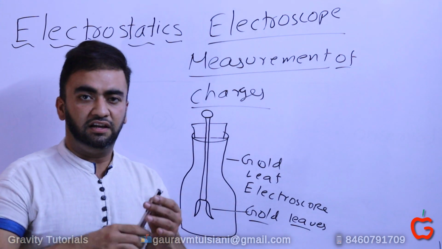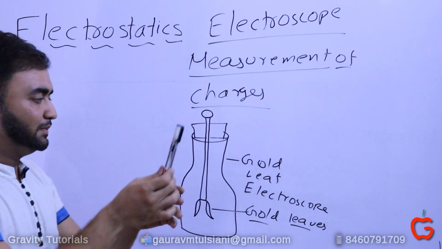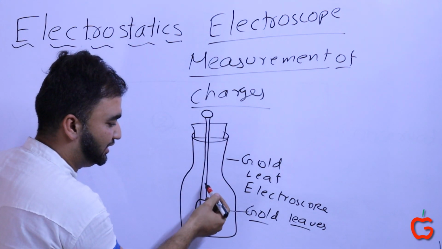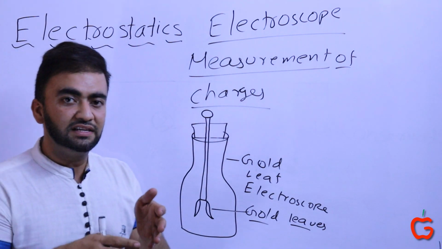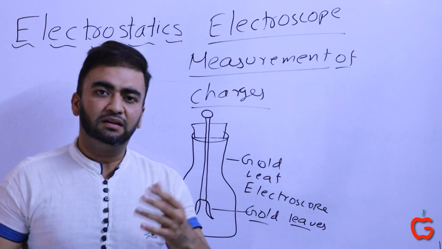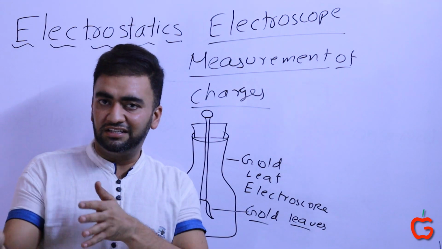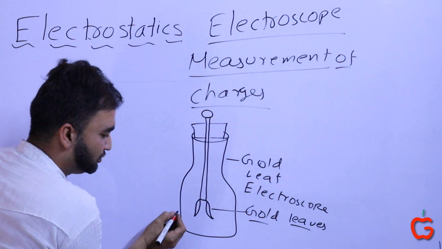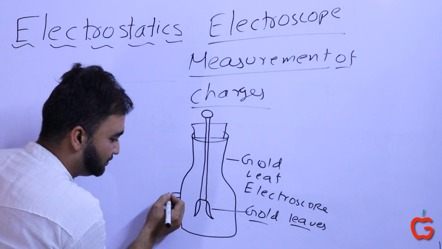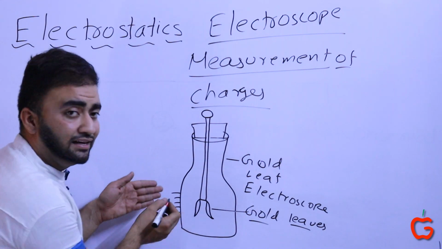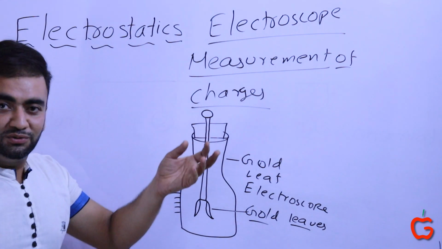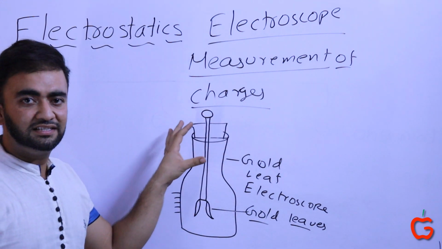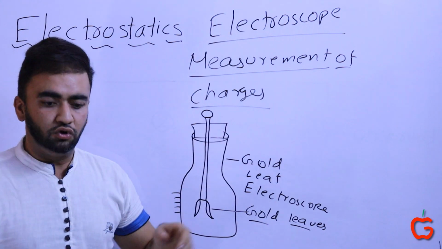So how does this work? If you want to test a charge on something, say this pen is charged, you touch the metal blob, and the charge flows down through the metal rod to the gold leaves. Now the gold leaves acquire similar charges, either positive or negative, the charge gets distributed and hence they repel. So the gold leaves go apart. Markings used to be made on these bottles. How high a gold leaf rises, that number used to be given to charges. So it is a very rudimentary method of measuring charges, but yes, for historical importance. This is the original gold leaf electroscope.